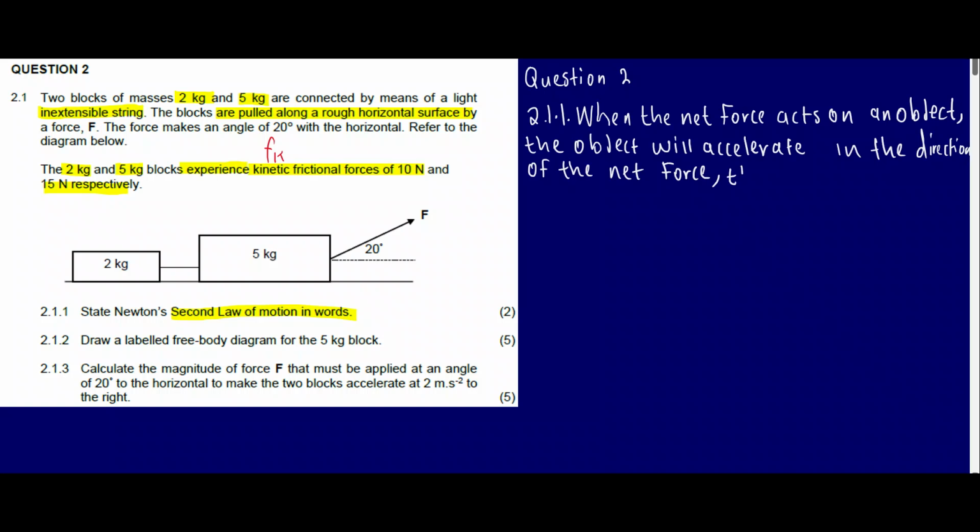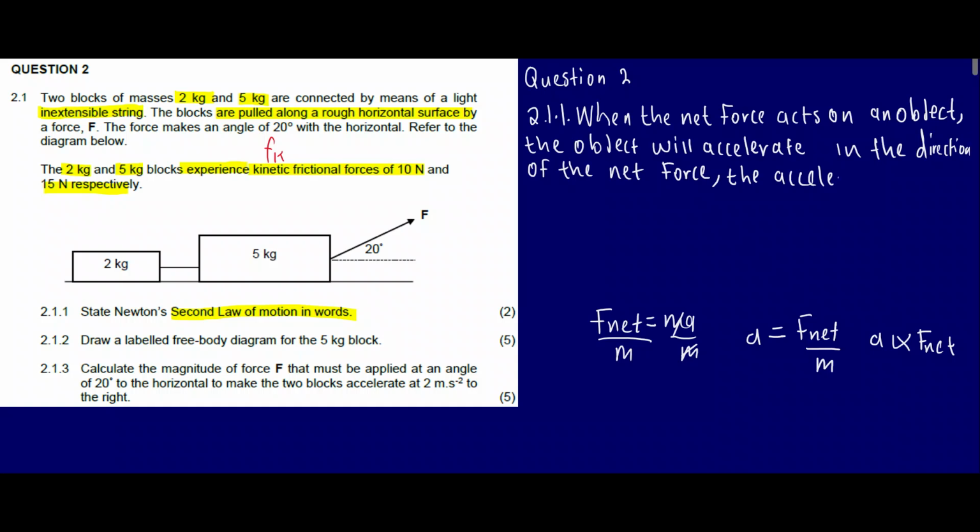And if you take a look at it, you have to talk more about the acceleration. This acceleration is directly proportional. If we take a look at the formula, F net is equal to ma. We divide both sides by m. I think you will see mathematically that the acceleration is F net over m. So the acceleration here is directly proportional to the net force. You have to mention this. So the acceleration